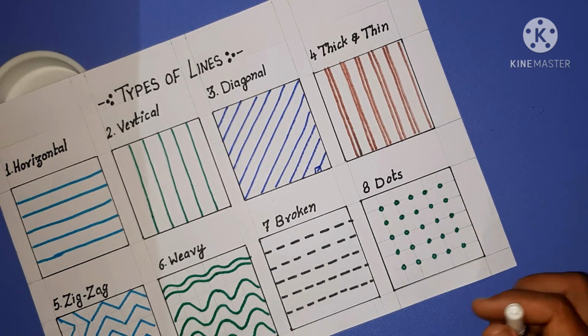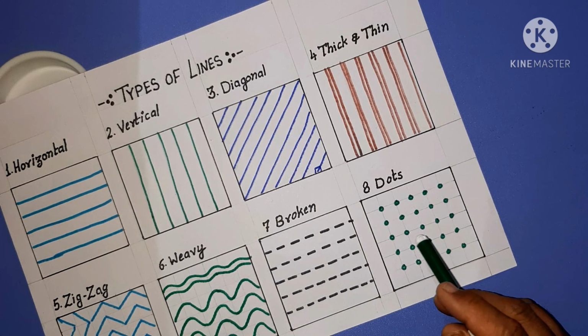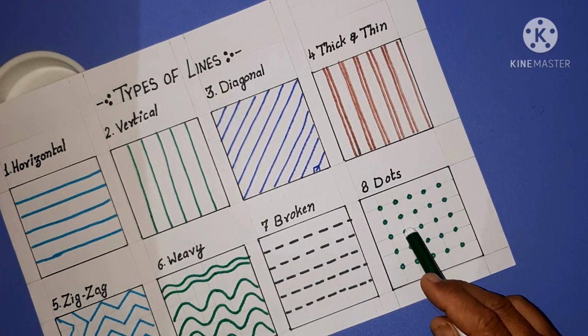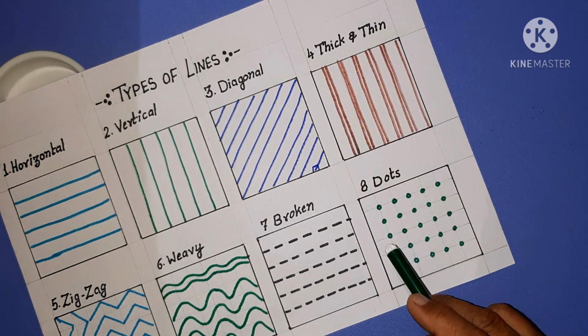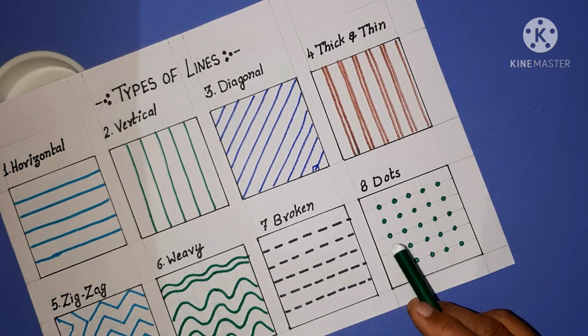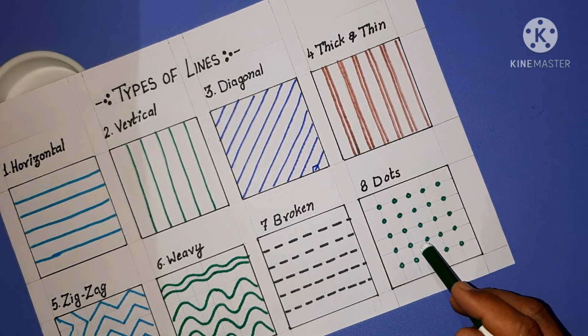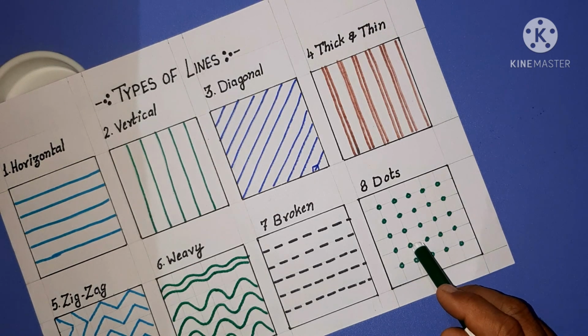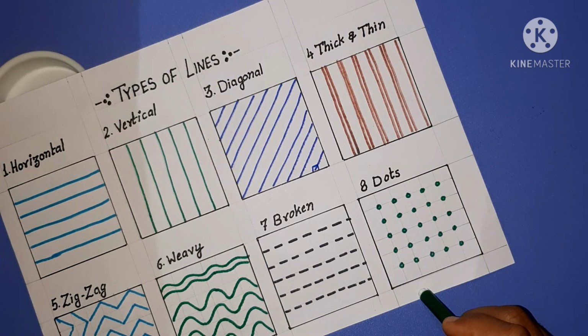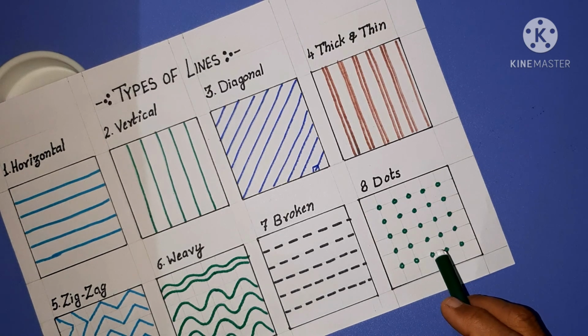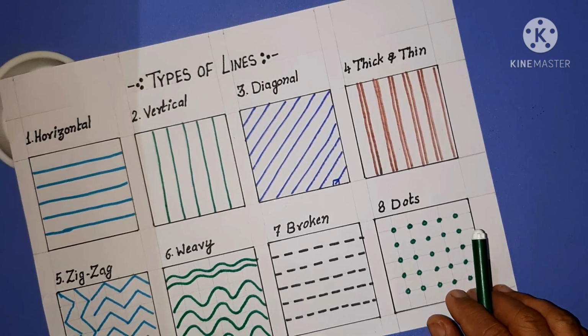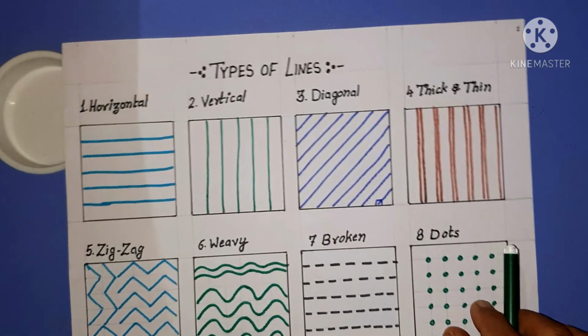And apart from that, the placement also plays a vital role. Placement means the distance between two prints. If this is a small print with very little distance between two prints, two motifs, it will create the impact of a big print. So there will not be any use of wearing the small print. So if you want to look slimmer, you need to wear a small print having a clear distance between the two motifs, right? And on a lighter base, if you use a darker print, it will create a good impact on your figure. So it will suit you if you have a broad figure, right? So these are the basic lines.